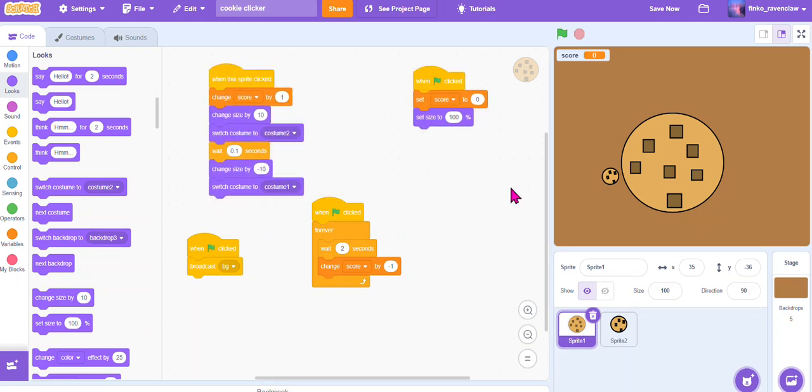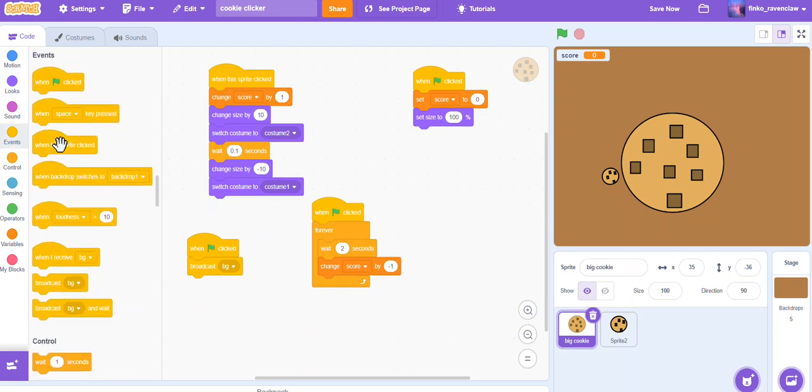And then now we want something to happen when this big cookie is clicked. So when this sprite is clicked, make sure that you are on your main cookie. Make sure that you selected your main cookie. If you get confused, you can also name them big cookie. I feel like it's easier that way in case you get confused, because I know lots of people get confused that way. But anyway, so when the sprite is clicked, you can go to the events and drag out the when sprite is clicked,